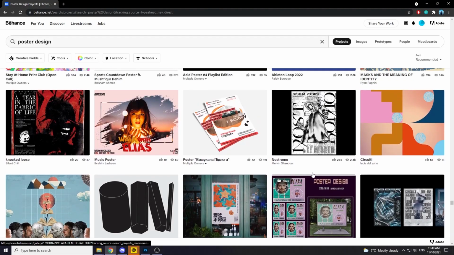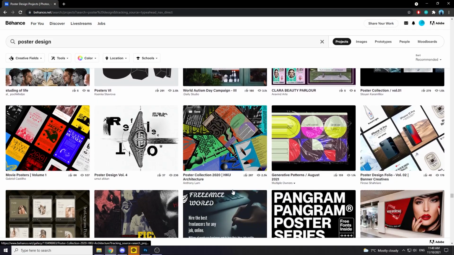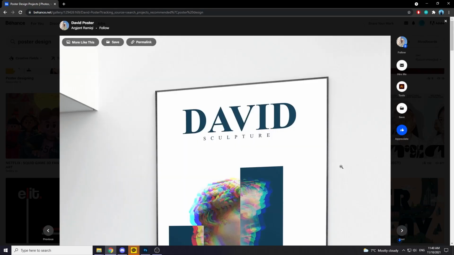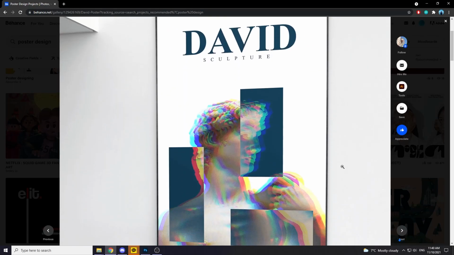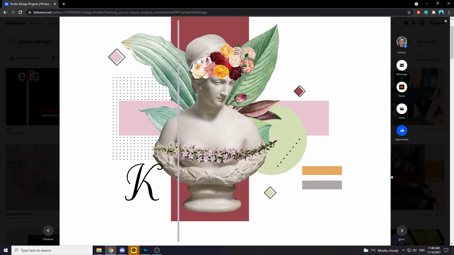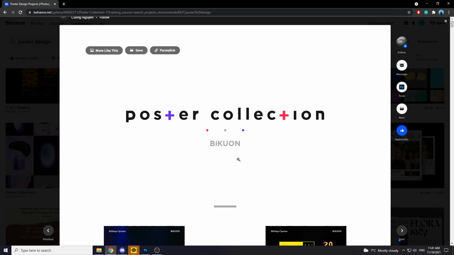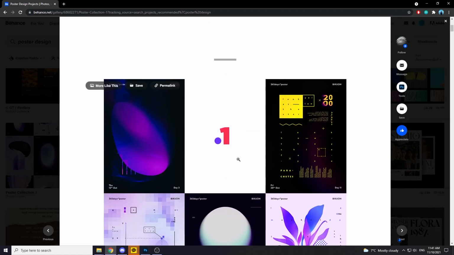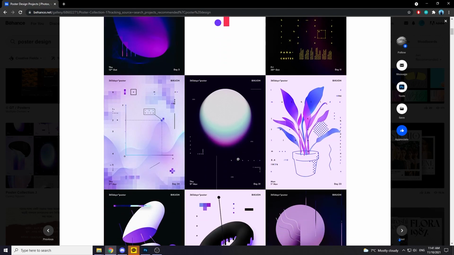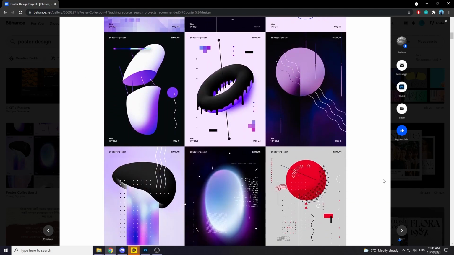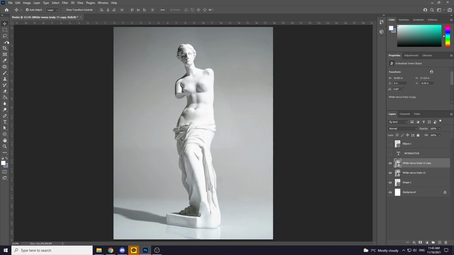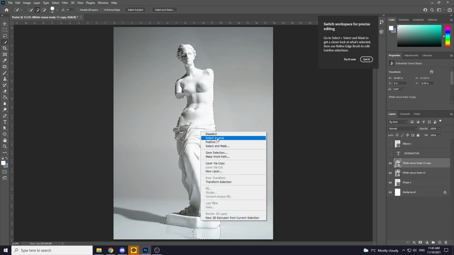Hello! So for my AR final project, I decided to create an interactive poster. I was looking through some poster inspirational designs and I was interested in statues and all these random layouts and lines and shapes. And so I started by bringing a statue image to Photoshop and I masked it out